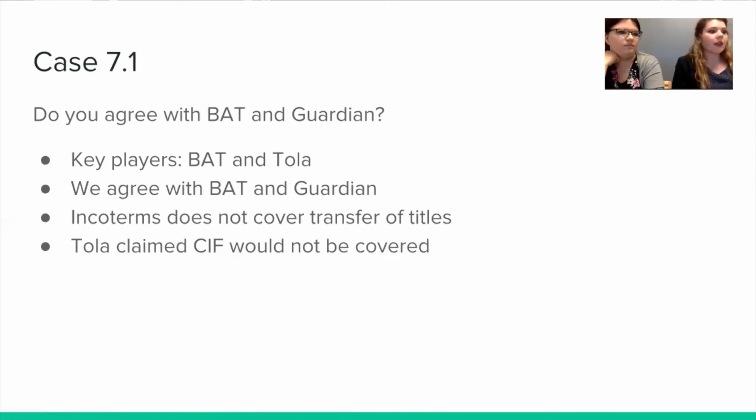Tolla sent the requested MRI machines in good working condition to the buyer aboard the ship, Superior Carrier. However, when it reached its final destination, it had been damaged and was in need of extensive repair. The buyer and its insurance company believed that the MRI machine was damaged in transit. BAT's insurance company, St. Guardian Insurance, covered the cost of the damage, which was $350,000. In turn, the insurance company intends to recover from Tolla.